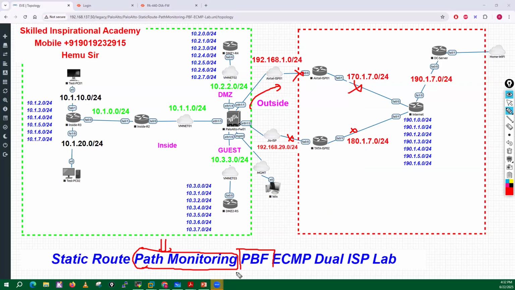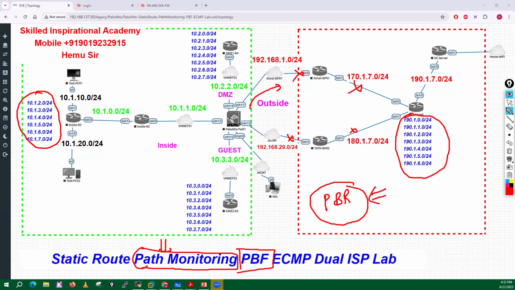Then we will discuss policy based forwarding. You know the concept of PBR. How many are aware of the concept of PBR or IP SLA? In CCNA we learn PBR or IP SLA, right? It's the same concept, a similar concept in Palo Alto Firewall. That concept is known as policy based forwarding. It means, let's suppose for this particular segment only, if this segment tries to communicate with this particular segment, then this traffic will go via the secondary ISP. If this ISP goes down, then it will start flowing through the primary ISP.